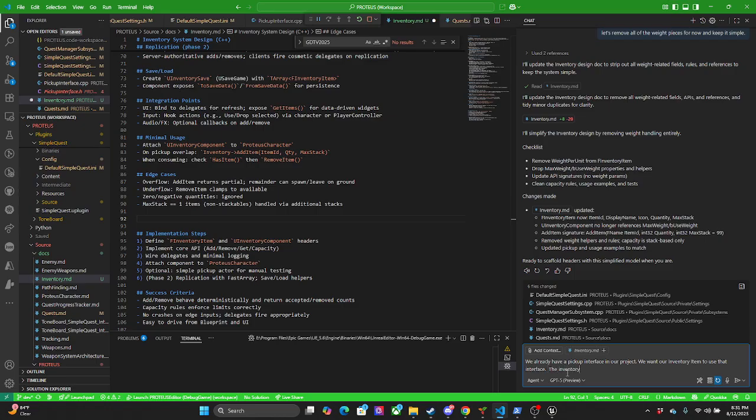So we want the inventory item to use the pickup interface, and we want the inventory item to be blueprintable. It's going to need a collision box and static mesh.